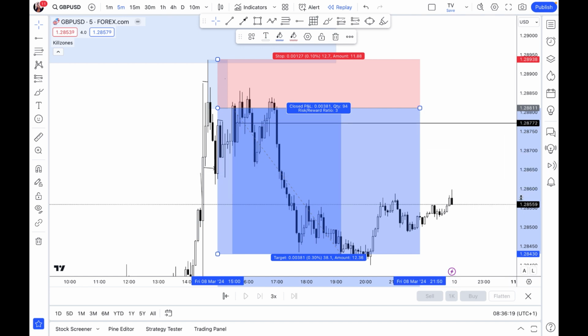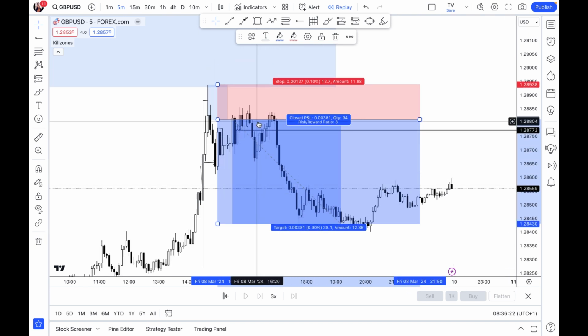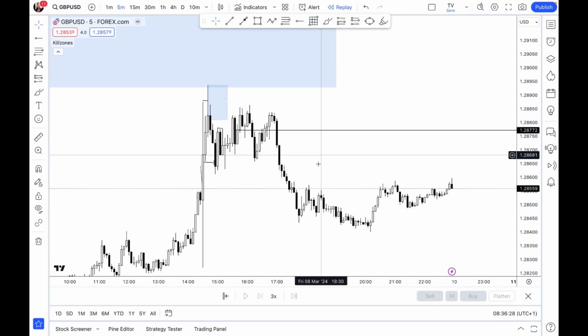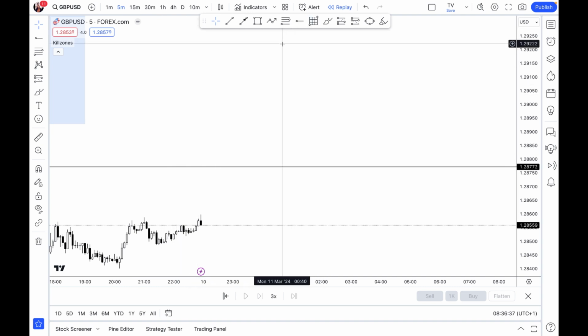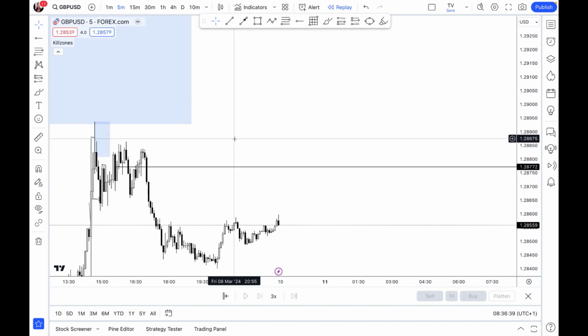So let me now quickly go to what you can do when your supply and demand doesn't hold. That is risk management, guys. Your risk management needs to be on point. It needs to be on point, okay? So you want to have a particular percentage that you are risking per trade, okay? And I actually did send a voice note into my Telegram channel explaining in detail this risk management.